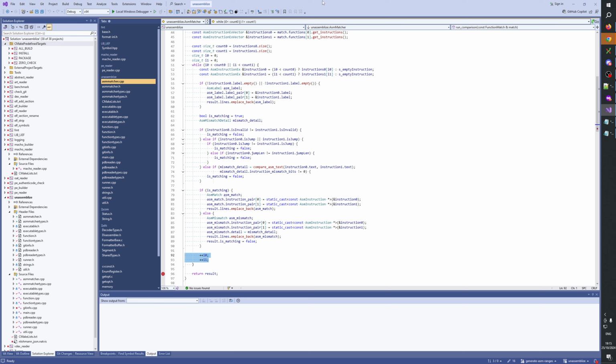We need a good idea first before we start trying to implement it. So we need to do something here when we have the mismatch. We would have to test forward, and if one of these would match again on another line, we could say, okay,